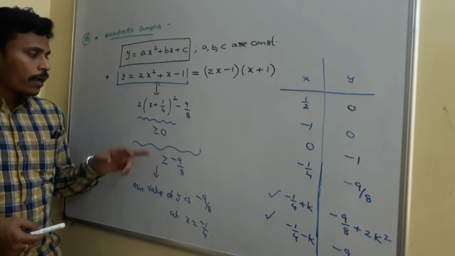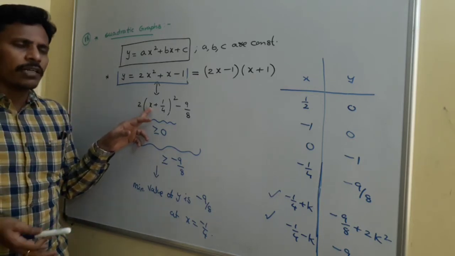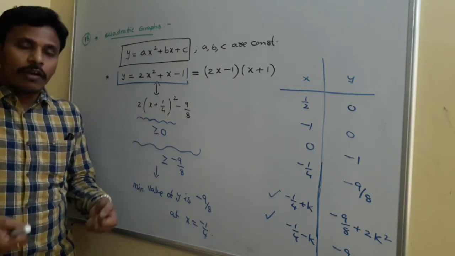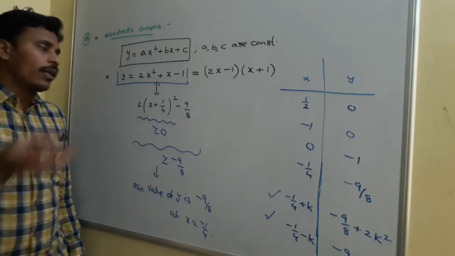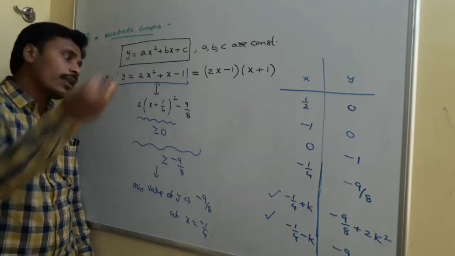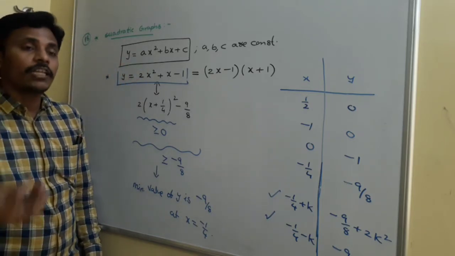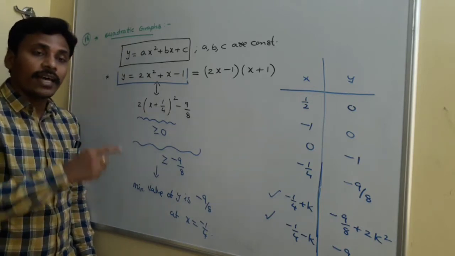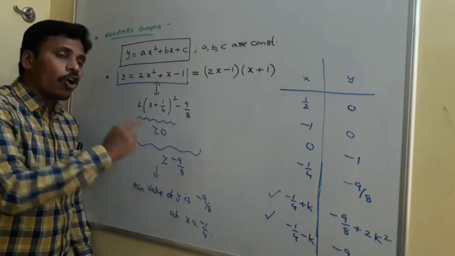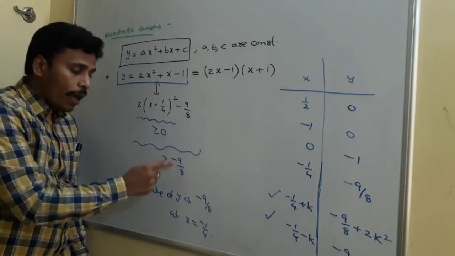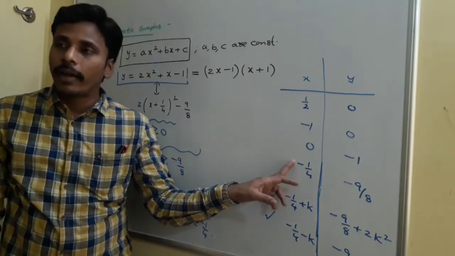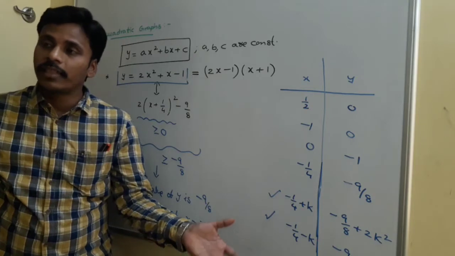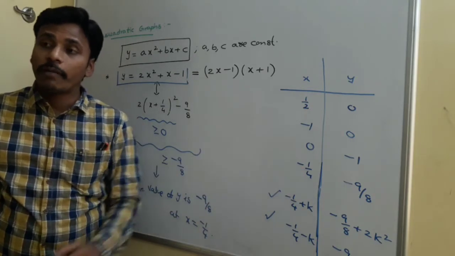Here, replace x with any number. We have a bag of infinite real numbers. From that bag you take a real number and replace it in the place of x. Take another real number and replace it in the place of x. Like that, if you replace every real number from your bag in the place of x, the result is always either minus 9 by 8 or greater than minus 9 by 8. Only at minus 1 by 4 the result is minus 9 by 8, and for all other values the result is more than minus 9 by 8.